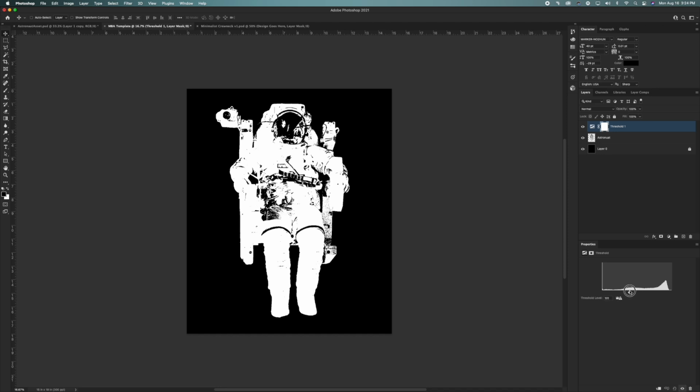You don't want to lose too much detail, of course. So we want to find a happy middle ground. I'm thinking 99 or 100 looks pretty good. And what we want to do is go ahead and unlock the background layer. So this is our BG layer, right? Our background layer. We want to just hit that little lock and unlock it, and we can name this background